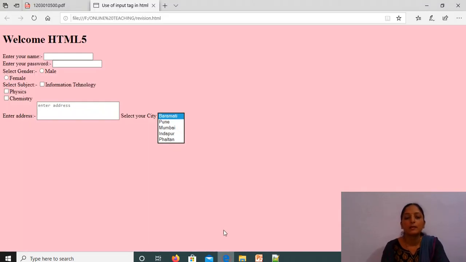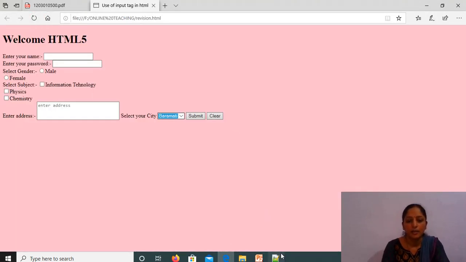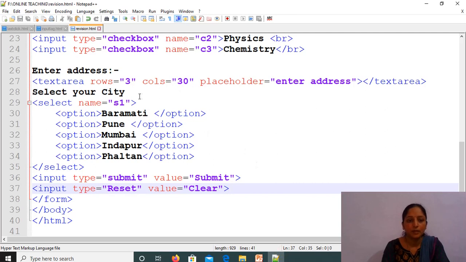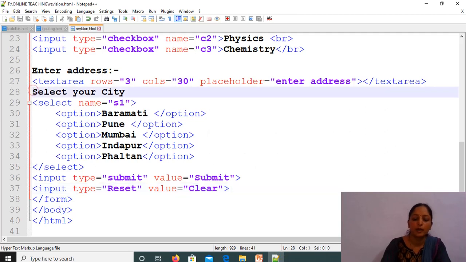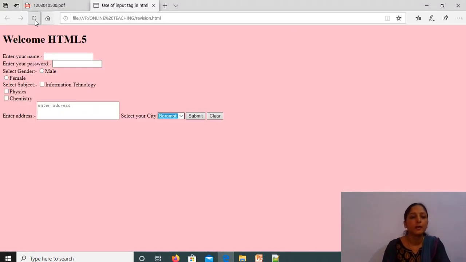Now just observe your form, just refresh it. Try to use the BR tags between the two different controls. So we have to include a BR tag here, and then after this also we require a BR tag. Save your program again, just refresh it so that it displays the remaining elements on the next line.